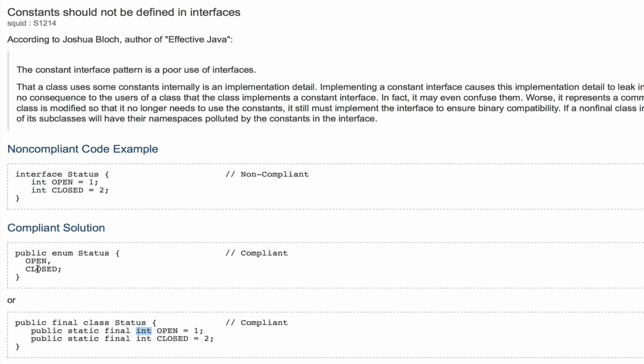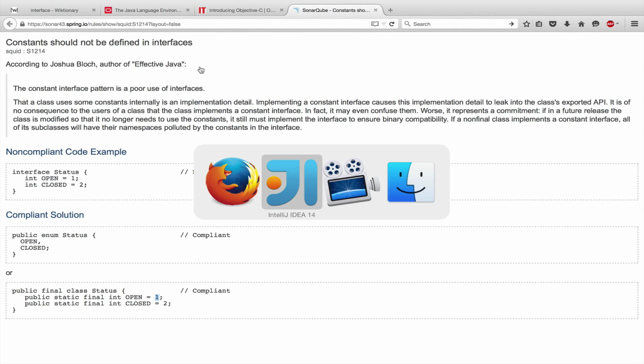This is possible, but it's always better to have small enums, because usually what happens is these constant classes grow and contain all kinds of different constants, while this only contains the constants of the status here. And also, as I talked about when I talked about enums, it is type safe. Here you could change any number. Okay. So anyway, now back to our code.